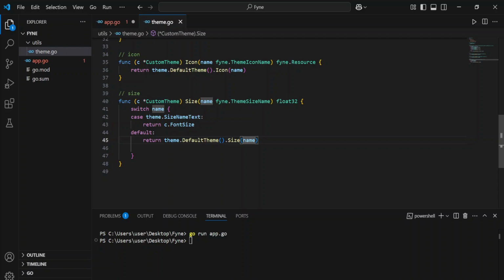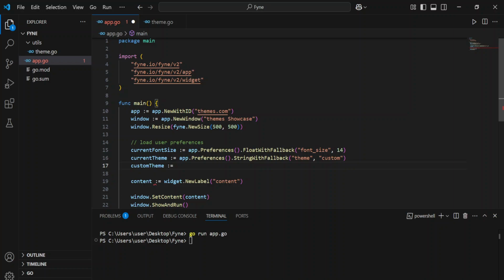Yes, and then after adding this, you're going to return the default, and we have defined our custom theme. So we can go back to our main application, and then we're going to come here and define our custom theme, which is going to be